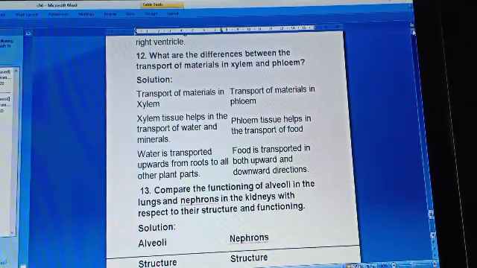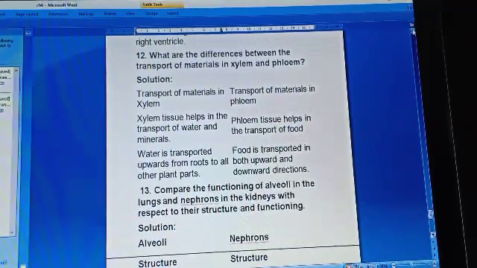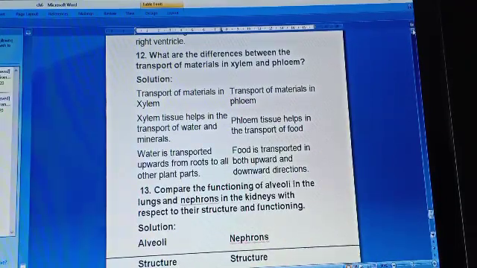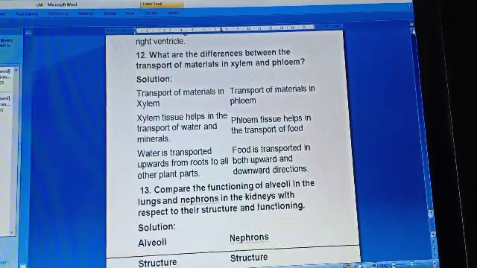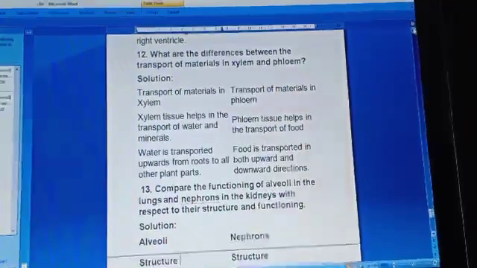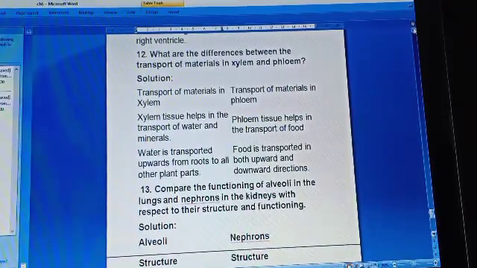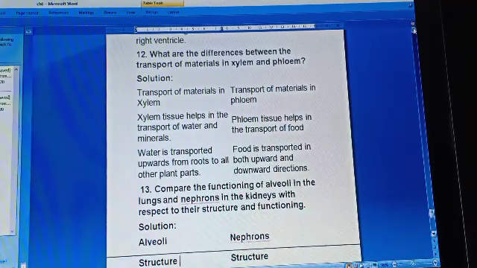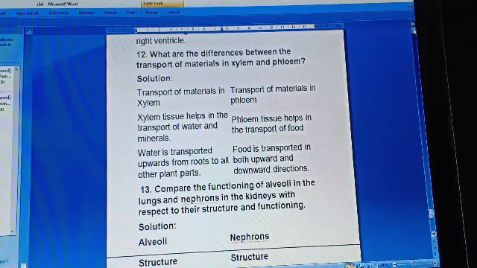As we know, the xylem transports liquid material, you can say the water and the minerals, whereas the phloem tissue helps to transfer the food material. The xylem's work is water transportation, so the direction of transportation is upward, from the roots to all the parts of the plant. Whereas the phloem transfers food to each and every part, and this food is prepared in the leaf. So you can write that the food is transferred in both the upward direction as well as the downward direction.